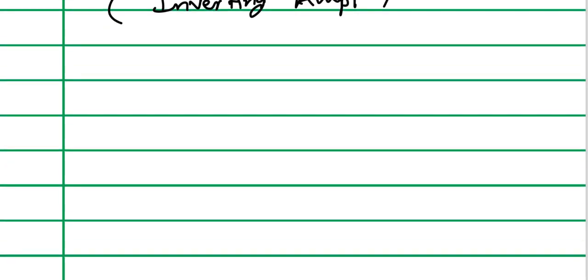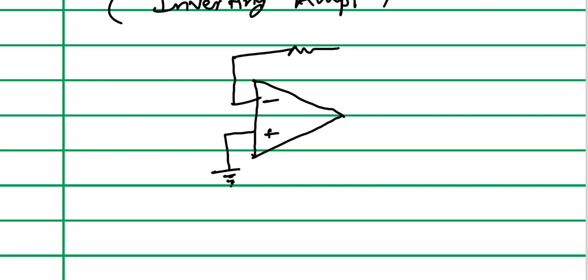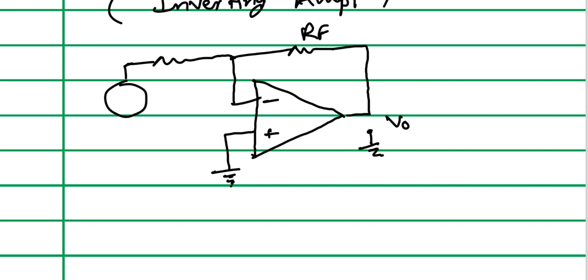So I will just draw the diagram. So we have two terminals, inverting, non-inverting. Minus means inverting, plus means non-inverting. So here the non-inverting terminal is grounded. Then the output is connected through a feedback resistance RF, and we have one more resistance R1, and this R1 resistance is connected to the input Vin. So the input is applied to the negative terminal, inverting terminal of op-amp.